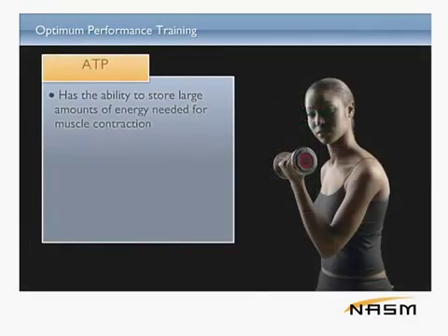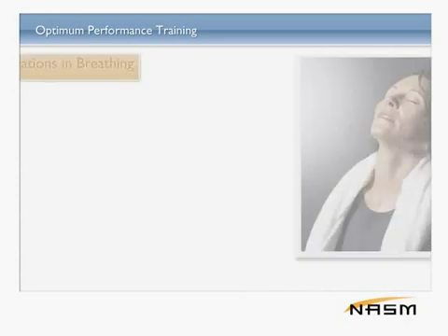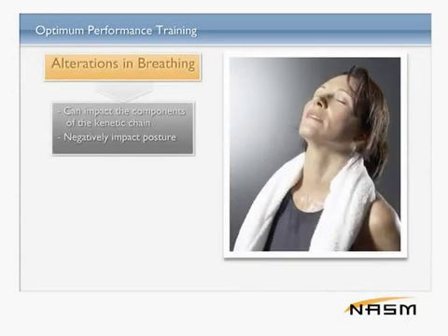ATP has the ability to store the large amounts of energy needed for muscle contraction in order to perform physical activity. However, the supply of ATP in each cell is limited, and cells must produce more through the bioenergetic continuum, which consists of the ATP-creatine phosphate and glycolysis systems, or anaerobic systems, and the oxidative pathway, or aerobic system. Alterations in breathing patterns can directly impact the components of the kinetic chain and lead to further dysfunction. If the breathing patterns become more shallow, the body uses secondary respiratory muscles more than the diaphragm, which can negatively impact